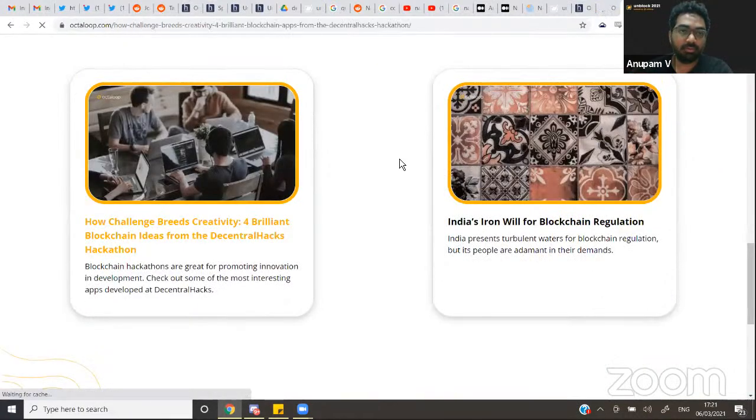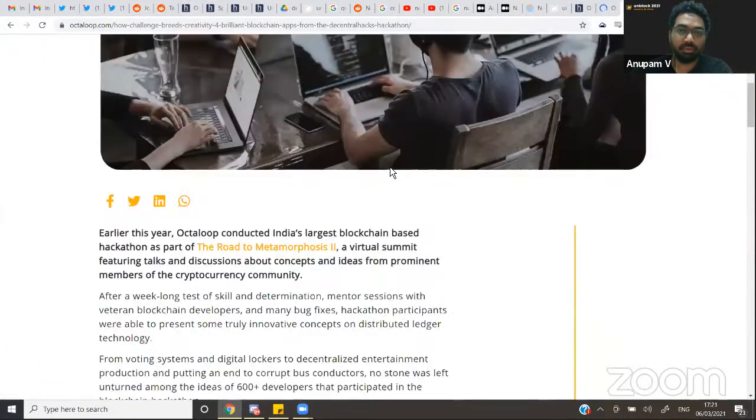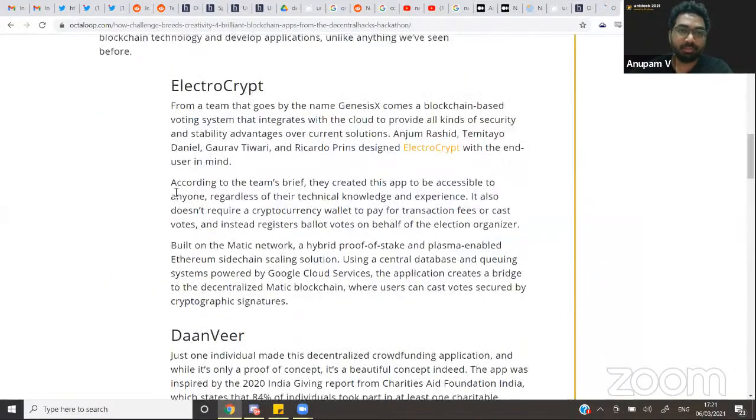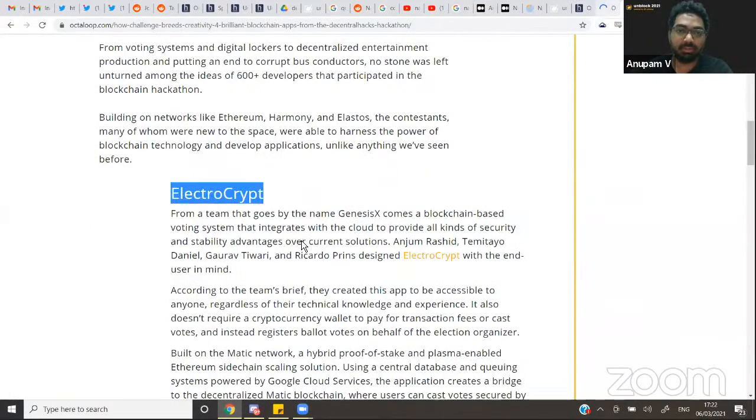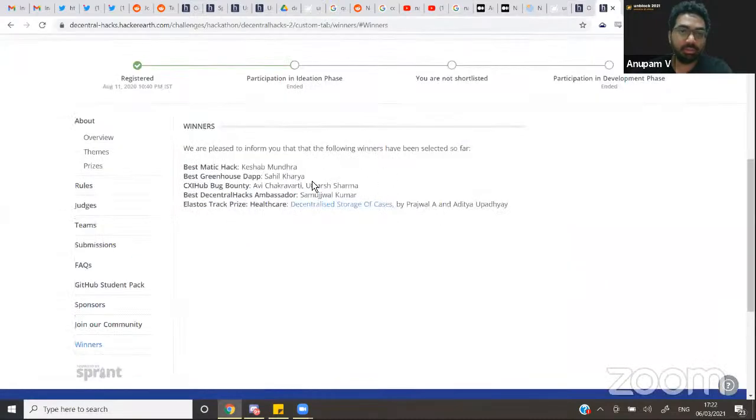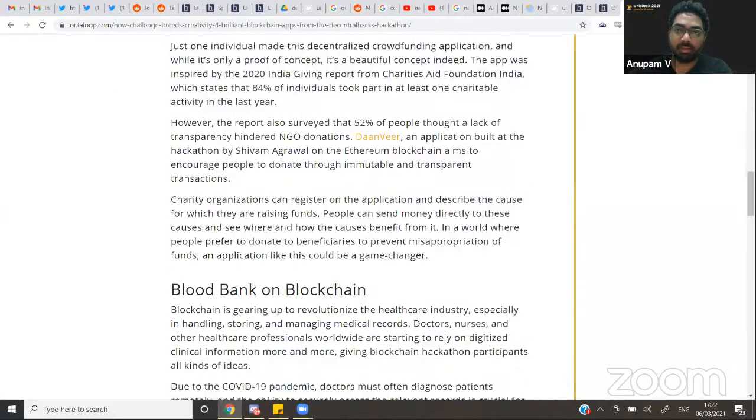Here you go: How a challenge breeds creativity for brilliant ideas. The first one was Electrocrypt. The best Matic hack was won by Kashif. Greenhouse was won by Sahil, Sheikh Sahab by Avi and Utkarsh. The Decentral Hacks ambassador was this guy. Elastos was won by these two guys. And unfortunately,